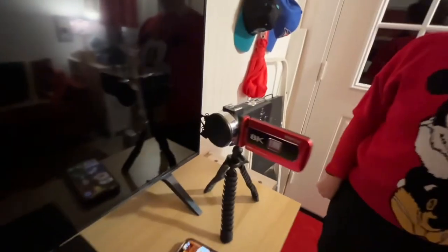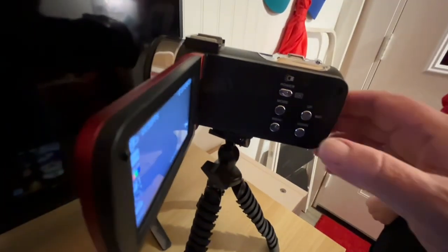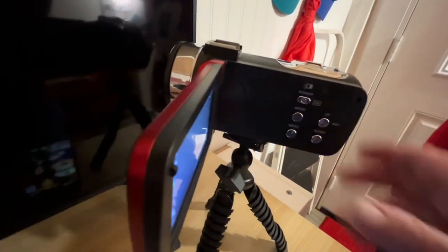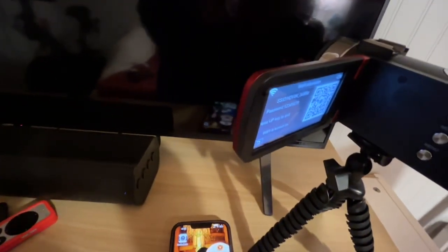Hi, so this is a Vivitar 8K camcorder and you need to download the Hello Cam app and set it up normally, and then to connect the Wi-Fi you click the Wi-Fi button on the camera and hold it for a second, and then it shows you the SSID and the password, and then you go to your phone